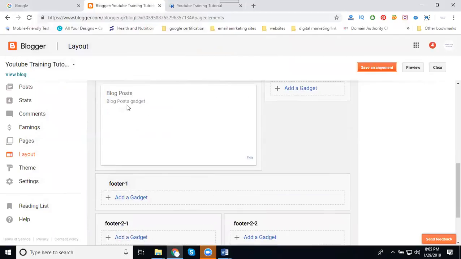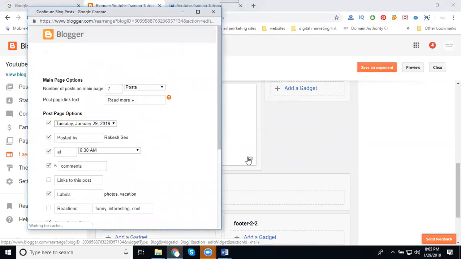Next, what options can you show on your content part? Here we can disable your date, time and author name. Why am I disabling this option? We write an article with very good information, and people watch it after two years. It is being updated on the blog right now, but when they see your date, they call it old content.